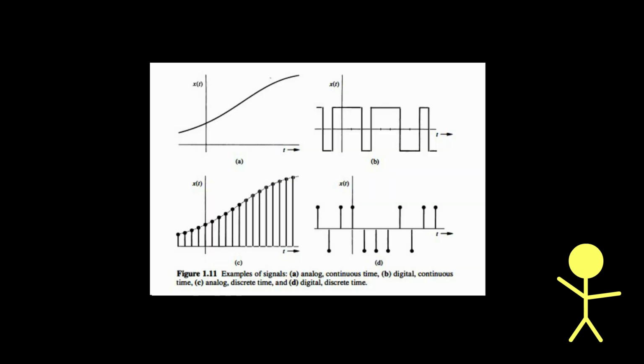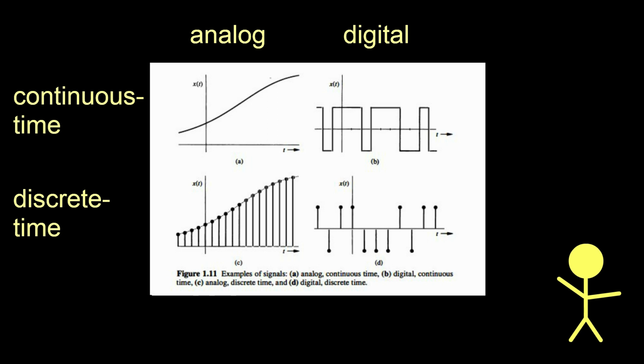Signals can be analog in continuous time and analog in discrete time, or digital in continuous time and digital in discrete time. A signal's y-axis indicates if it's analog or digital, while the signal's x-axis indicates if it's continuous time or discrete time. Signal processing in these categories are often slightly different, but I will be lumping them together for the most part. In signal processing, there are many domains, which is the x-axis.